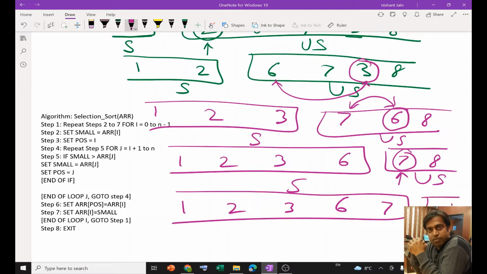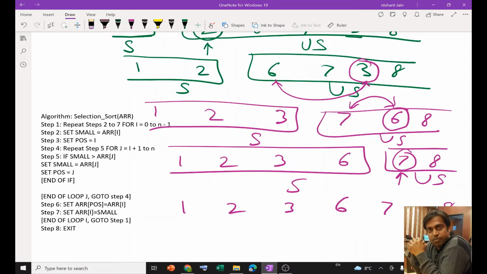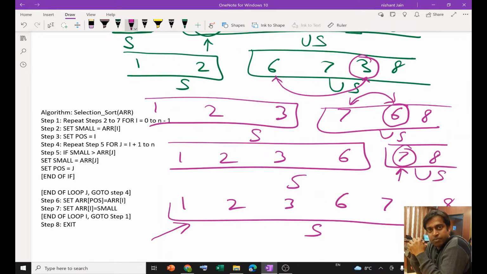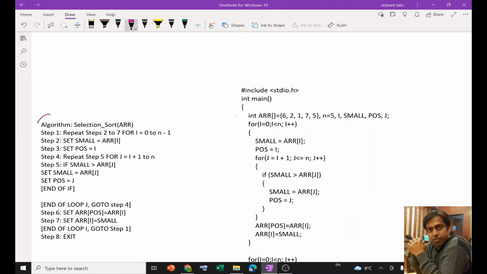and this is unsorted. Since at the end we are left with only a single element, we do not have anything to compare, so this will remain over here. So our sorted array will be this. You can see that by simply applying these two steps, first determining the smallest element, and then swapping the smallest element with the first element present in the unsorted array, again and again, at the end we are able to get a sorted array in ascending order.